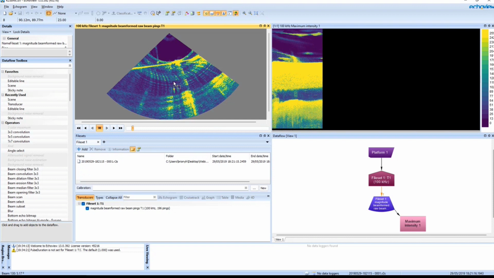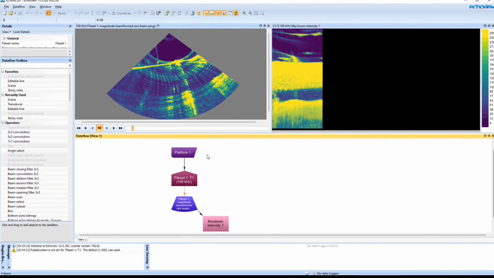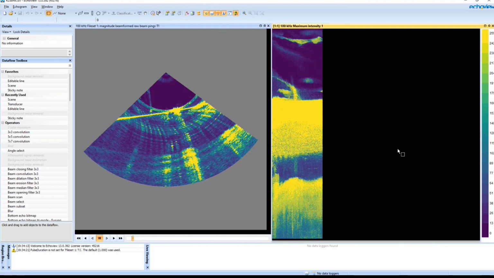On the left, we've got the multi-beam echogram as read from file, and then on the right, I've created a maximum intensity virtual variable. This is sometimes referred to as a stacked beams view of the data. But again, it's a 2D conversion of that multi-beam data where we've got range and time.